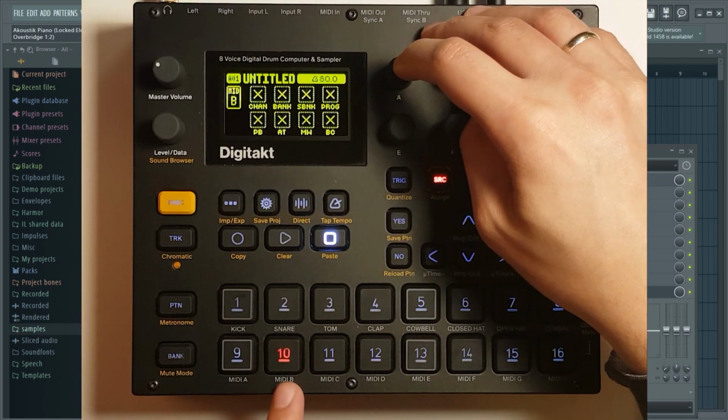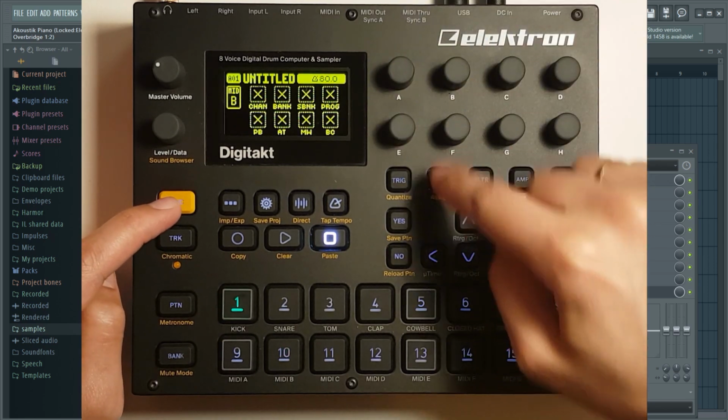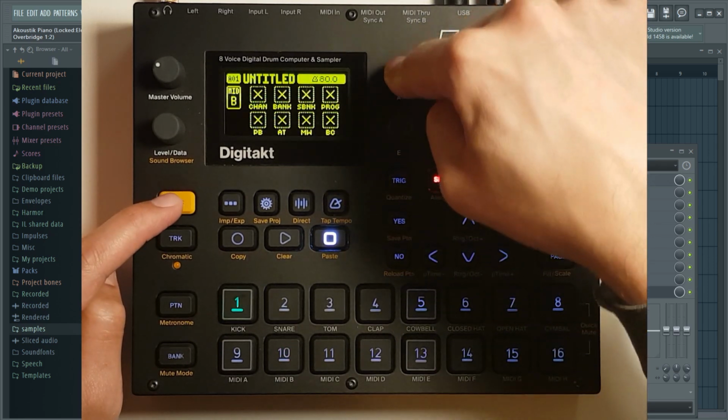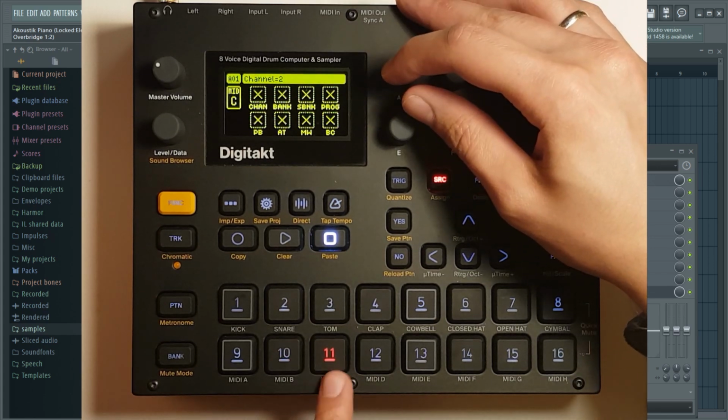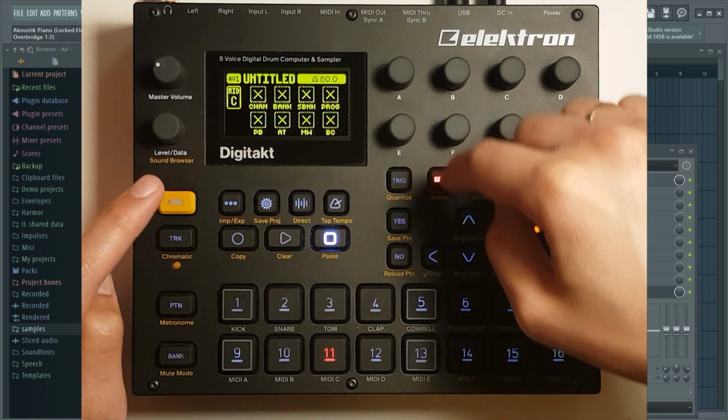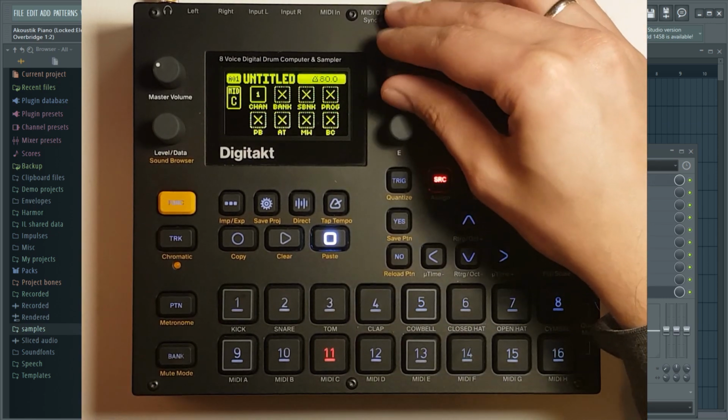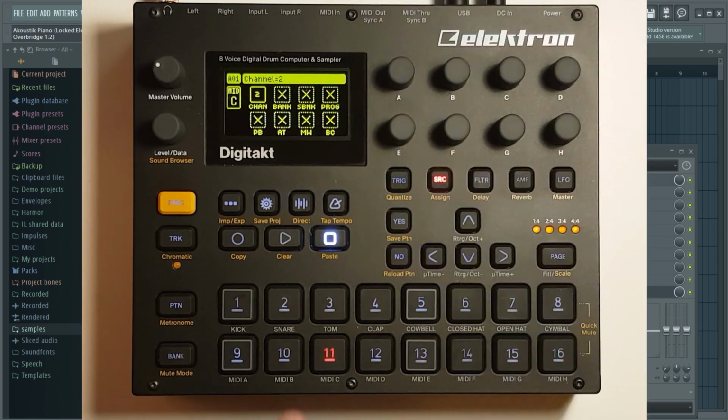So select track 10, go to source page, press and hold func and chan, and then turn it to channel 2, and same with this one. Track 11, source page, hold func and chan, and then turn it to channel 2. Now they both play